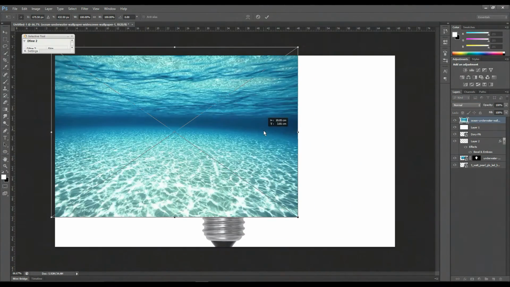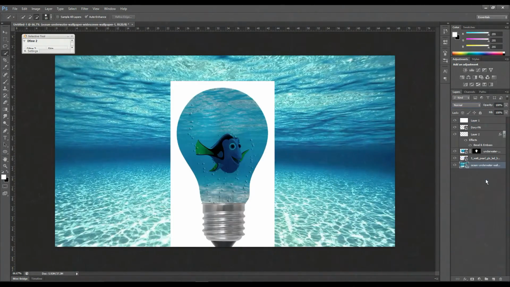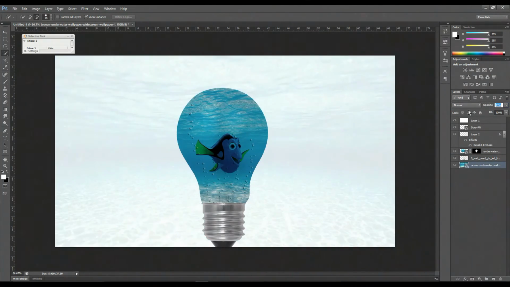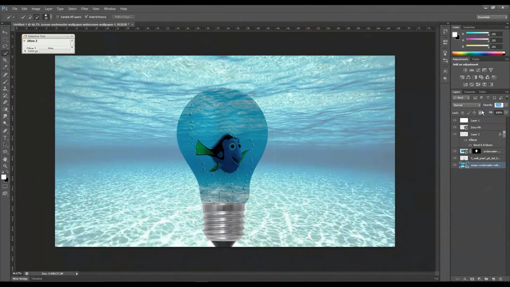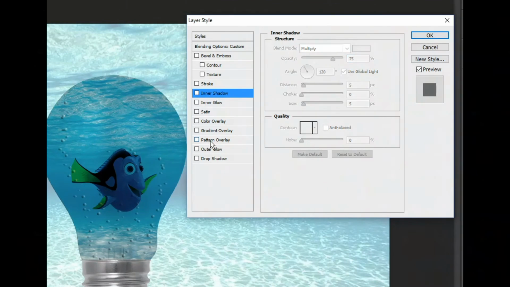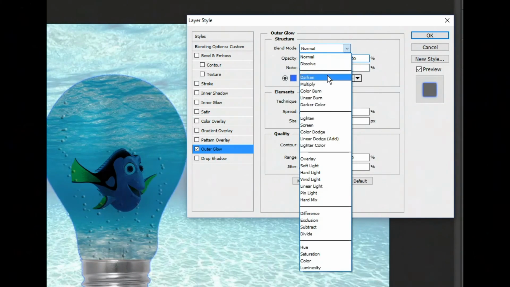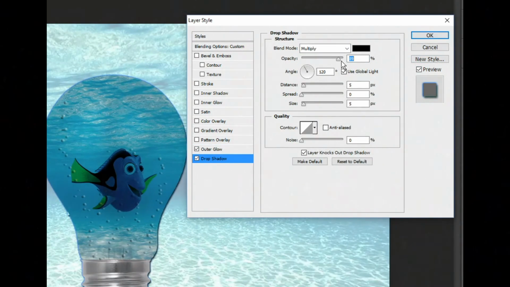Go and select the water layer you had selected before and bring it to the last. There's a problem with the background, right? Let's quickly remove it and continue. Now let's make some changes to the background's opacity and change it to around 63%. Now create a group of some layers. Double tap on it and make all the necessary changes in the blending options and click OK when done.